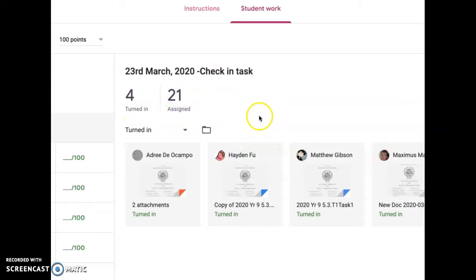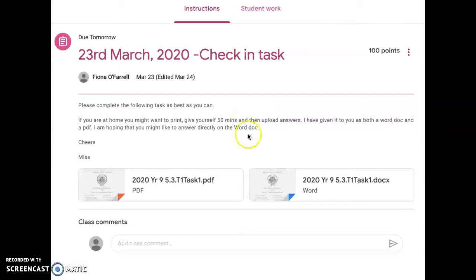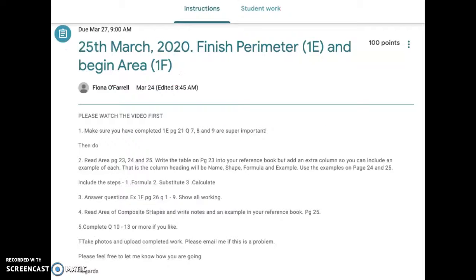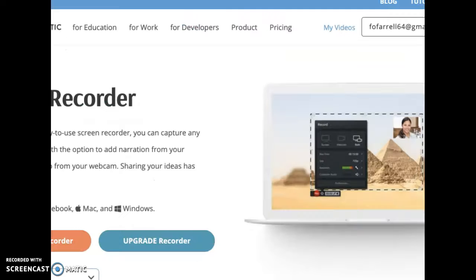So if those people could get that done, I can then mark it. It will take 50 minutes. It will be best if you print it and then photograph it and scan it up. I'm not sure. I know someone in class the other day downloaded it as a Word, wrote in it, and then just saved it. Okay, so today's lesson, and I'd really like some feedback with how you're going and what